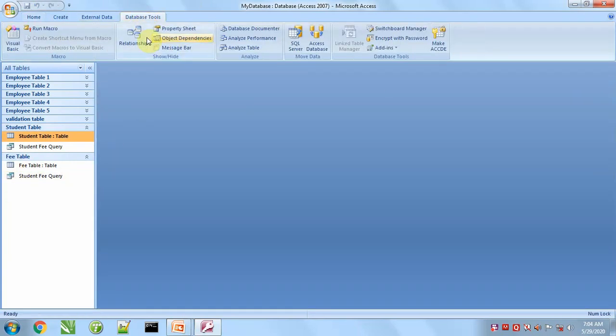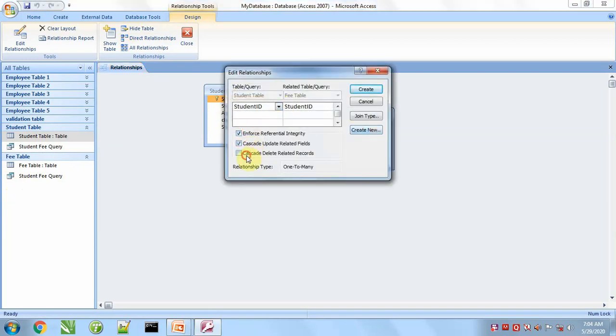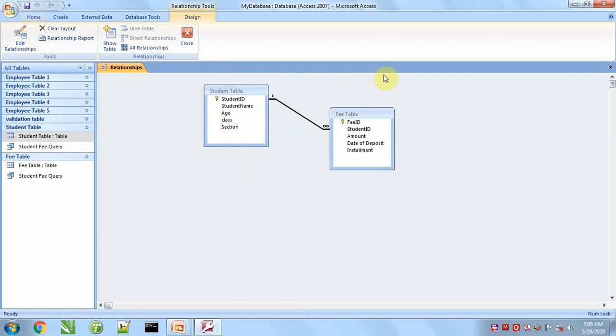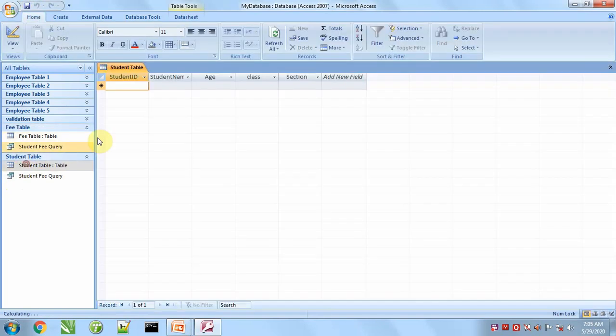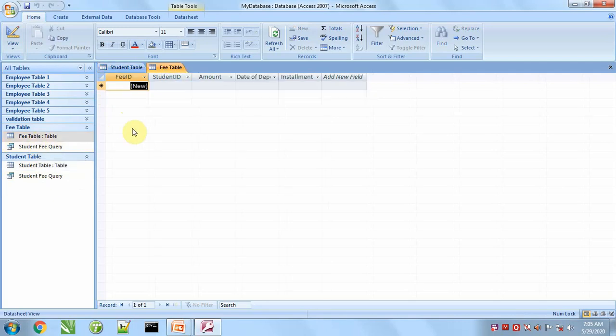Now again we have to make the relationship. Now the student ID is 101, name is Amir. We can look here, 101 is the student ID.